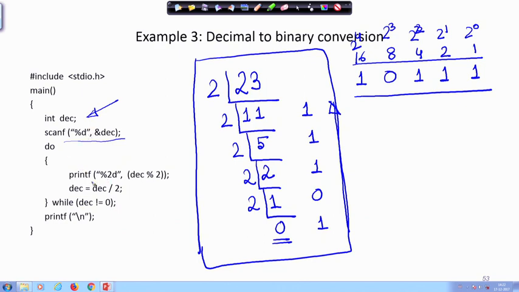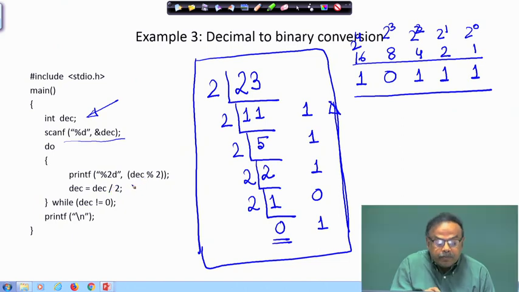Do, what am I doing? Printf, this means percentage 2d means I am printing in binary. I am taking this des and I am printing 1 bit, I am finding out the remainder.